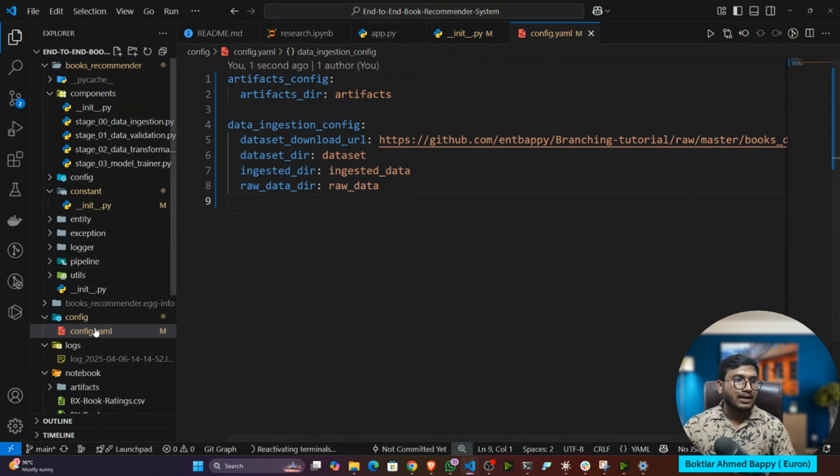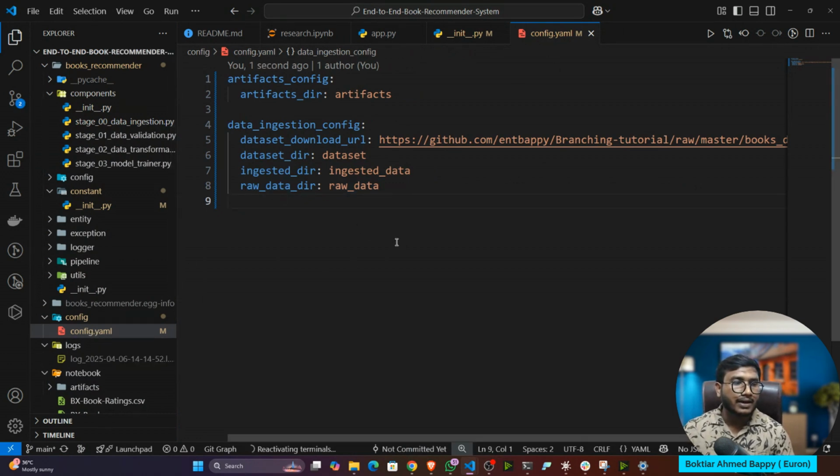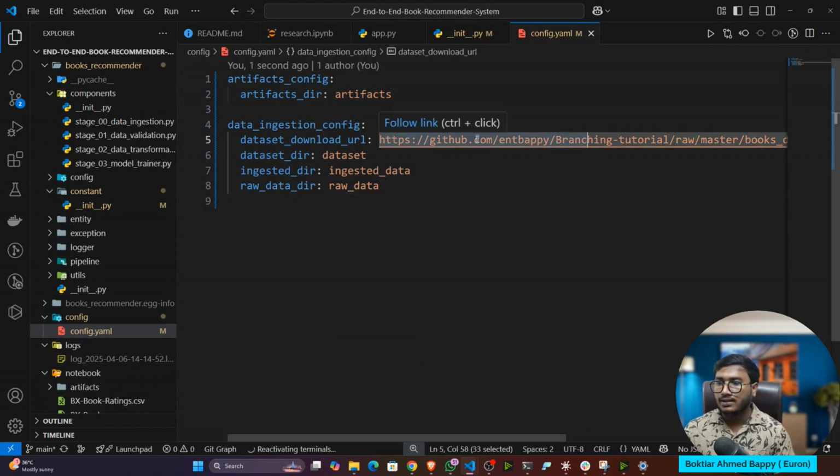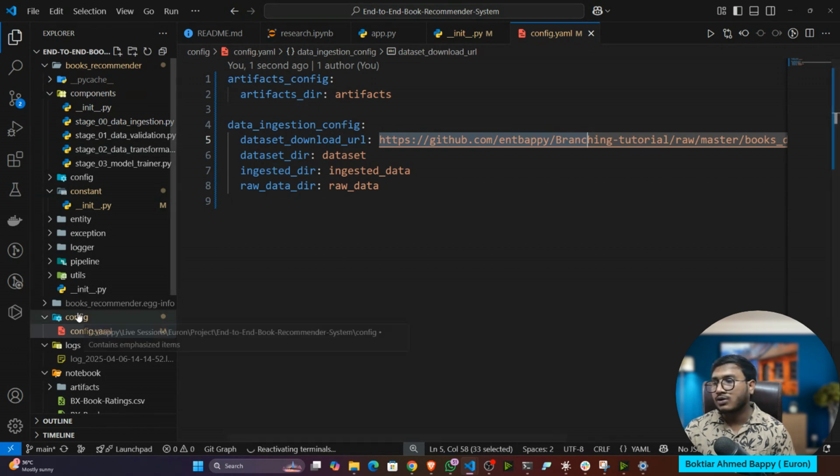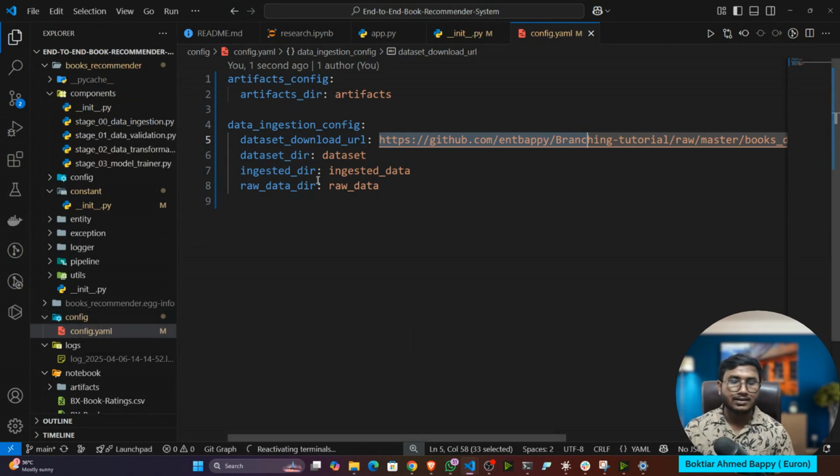And again, see, here I have written in the config.yaml file. Why? Because in future, let's say I want to change the data URL. I only will open this config.yaml file, and here I will change the URL. And everything will reflect automatically inside all of my code. This is called modular coding. Okay, this is called template. So here I don't need to change everywhere in my code. I will only open one file, one endpoint file, and there I will change, everything will change automatically. That's why I'm writing as a template.